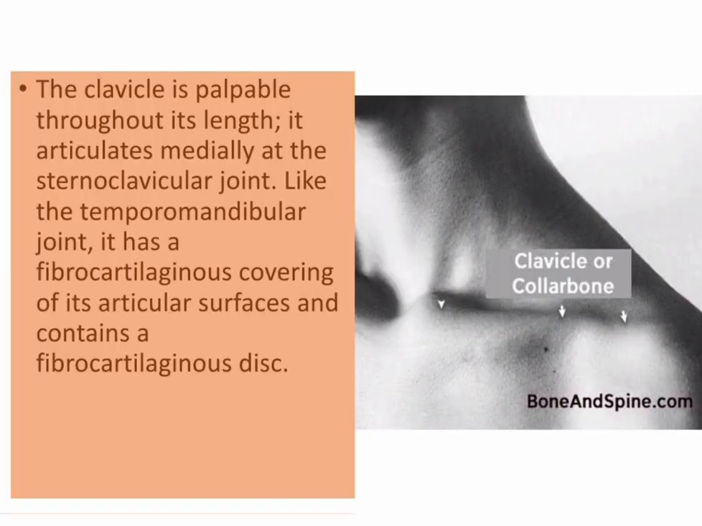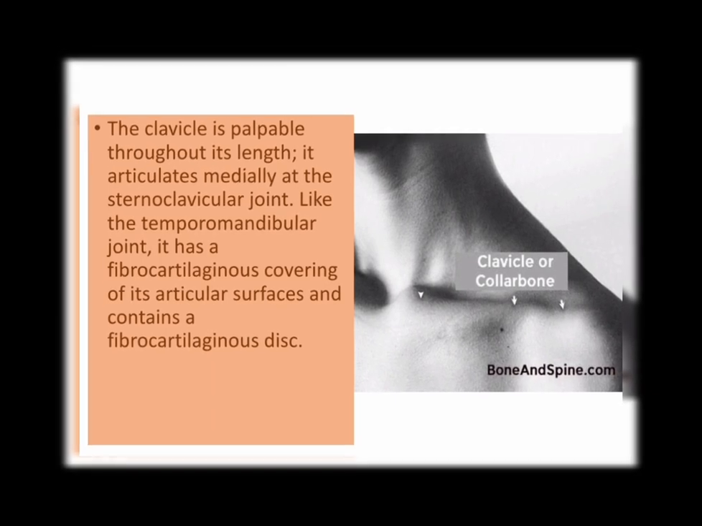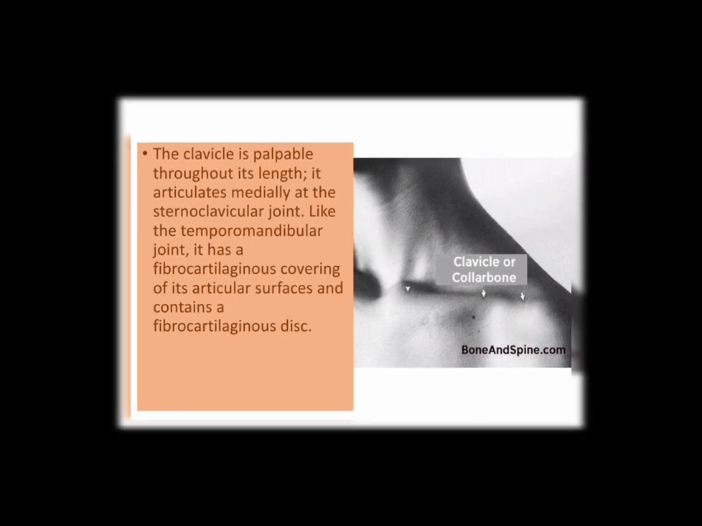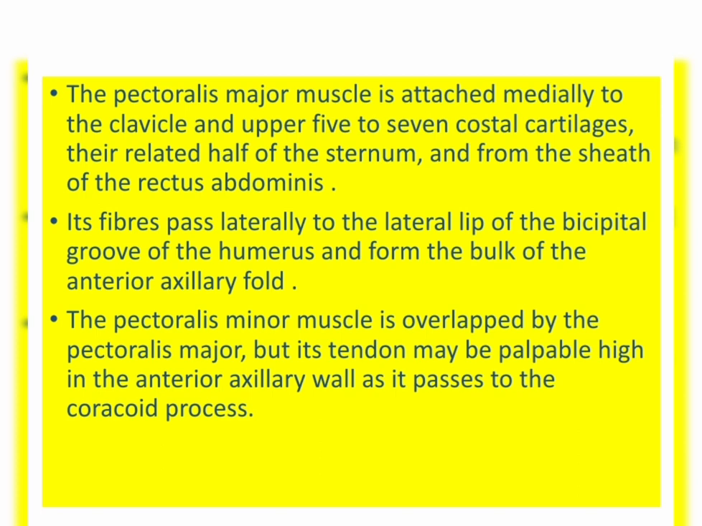The clavicle is palpable throughout its length. It articulates medially at the sternoclavicular joint. Like the temporomandibular joint, it has a fibrocartilaginous covering of its articular surfaces and contains a fibrocartilaginous disc. The pectoralis major muscle is attached medially to the clavicle and upper 5 to 7 costal cartilages, the related half of the sternum, and the sheath of the rectus abdominis. Its fibers pass laterally to the lateral lip of the bicipital groove of the humerus and form the bulk of